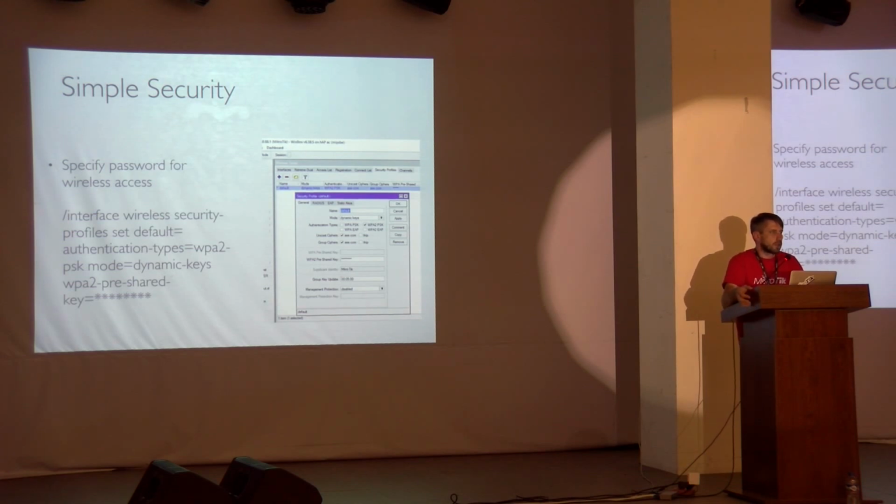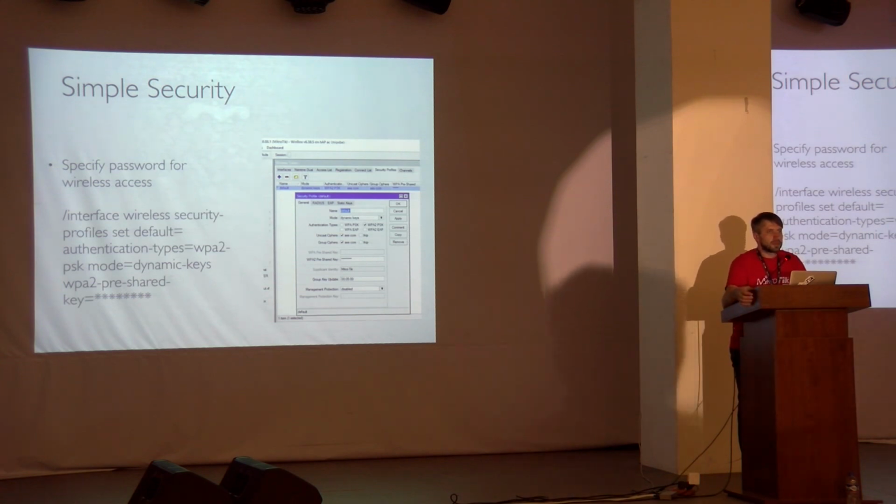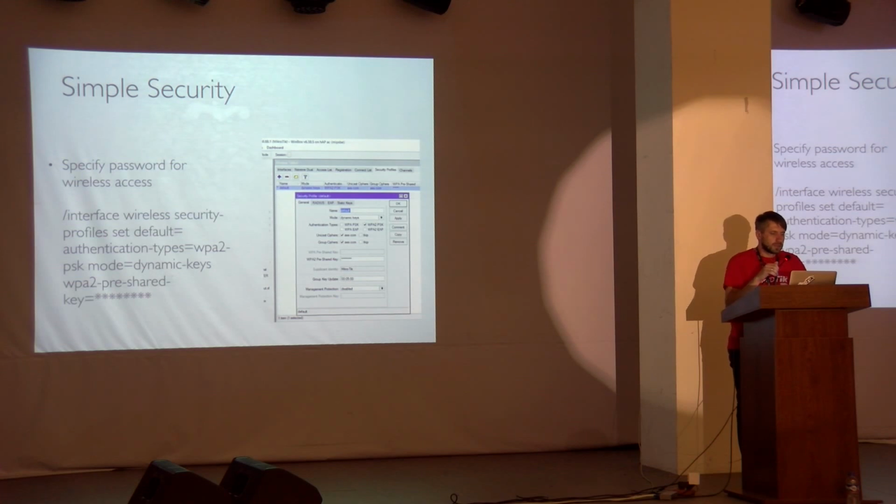So wireless client that is connecting to your network will need to put that password into his device. And second, which is, in my opinion, more important, that communication between access point and your client will be encrypted. So it means that when somebody tries to sniff or catch data that is going between your device and access point, this data will not be readable, it will be encrypted. And so this is an additional layer of protection for your network and for your clients.